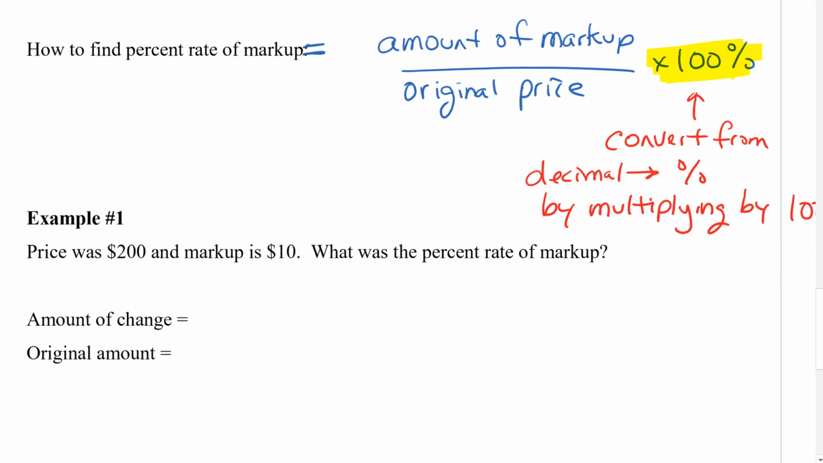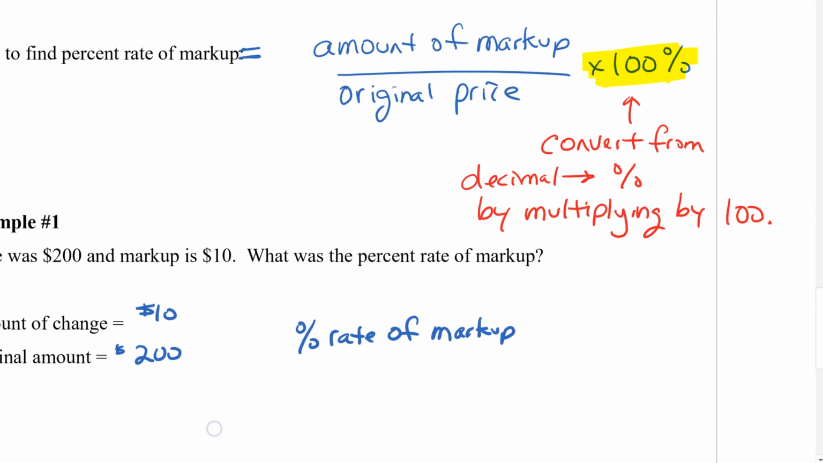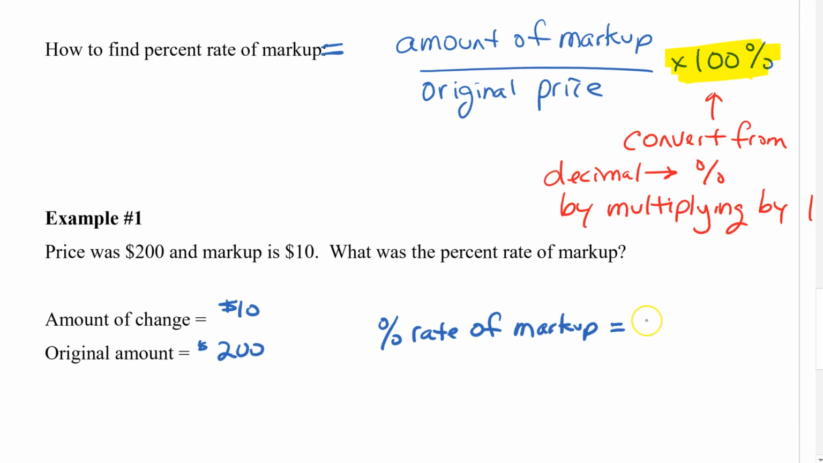The original price was $200 and the markup is $10. So the final price would be $210. But we're not asking what's the final price. We're asking what was the percent rate of markup. Okay, so the amount of change, the amount of markup was $10. The original price was $200. Okay, so that the percent rate of markup is going to be equal to the amount